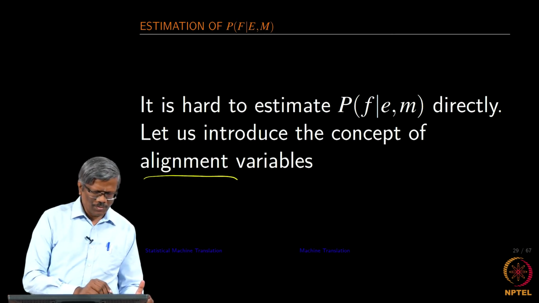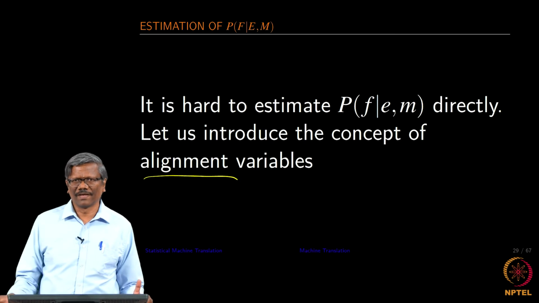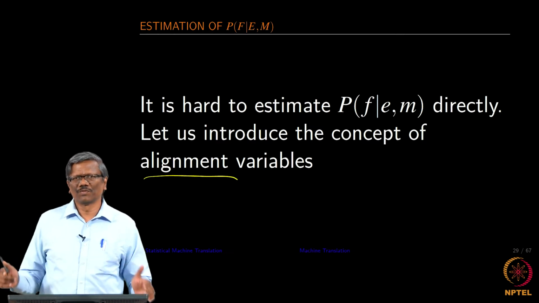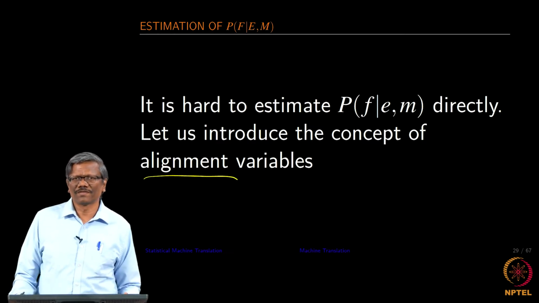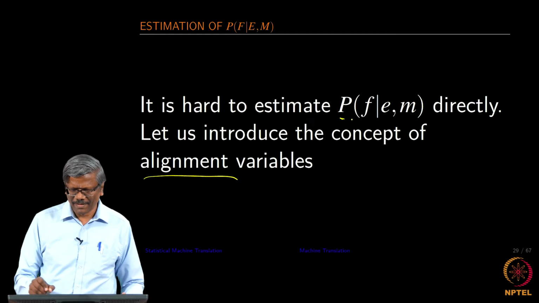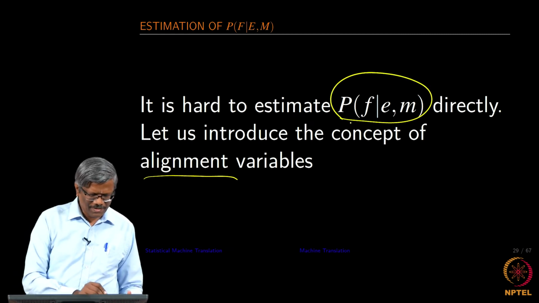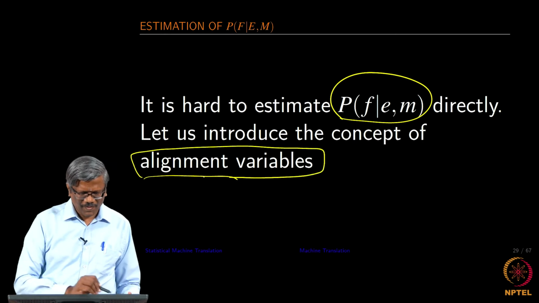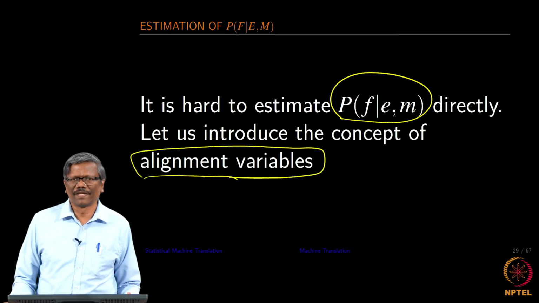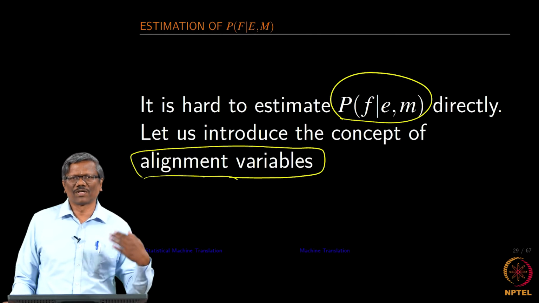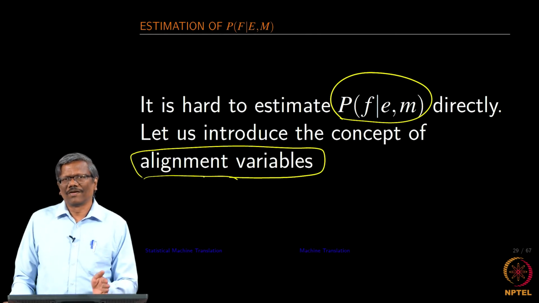So, there could be so many different possibilities in the earlier case, also because of the restriction that we have imposed. So, we need to split this into various small pieces, so that we can finally estimate this. Okay. So, that is where we bring in what is called an alignment variable. You remember we have been trying to translate from English to Swahili.